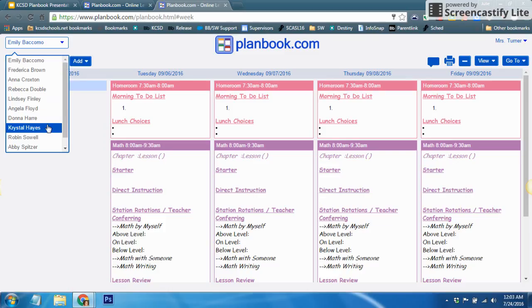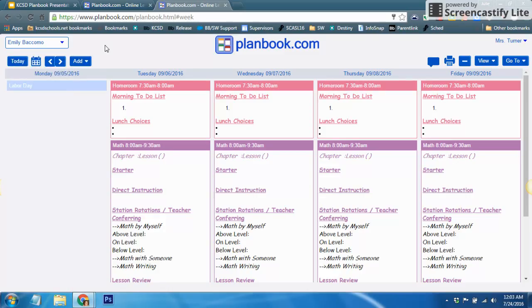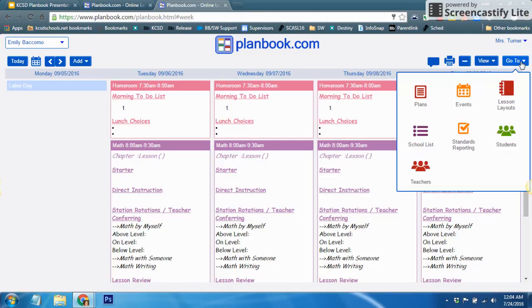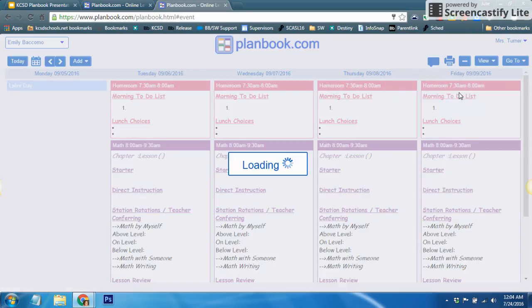But I could just click from teacher to teacher to check their lists. And then I can move forward and backwards on the dates to look for specific dates. I've pulled up this date because I wanted to show you something. I have preloaded the district calendar of events in every teacher's web page here in Planbook so that those dates are set. So I will show you how to look at that and also make changes if you needed to also. So if you as an administrator will go all the way over to the right to go to events,